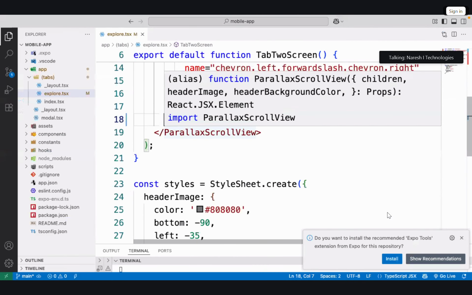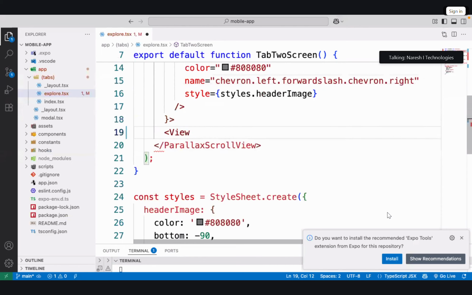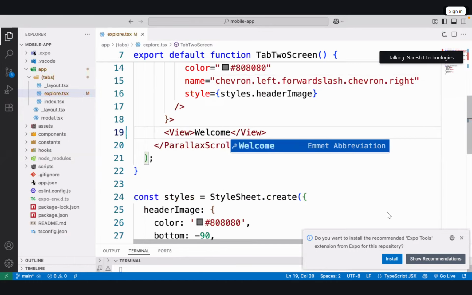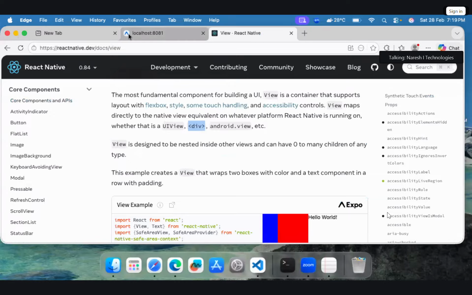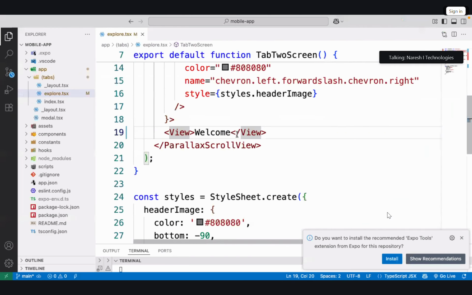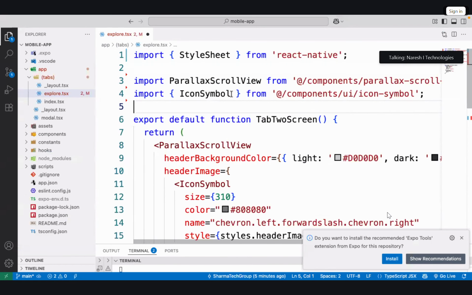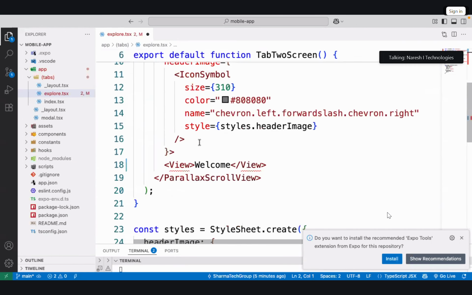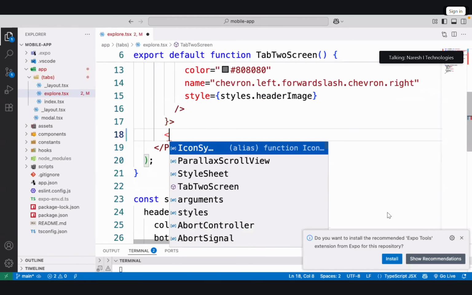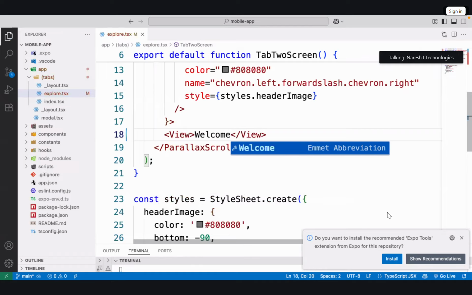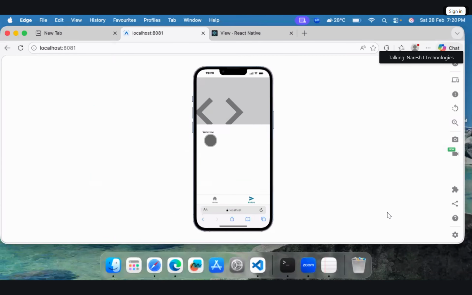So now if you want to present anything, we have to define it as a View. We will say welcome. It is going to display inside this. Or it is having some problem. I think this is not the same view, it is getting from somewhere else. Actually, it has to get from components. So View is a React Native component. I entered welcome, and you can see it works.